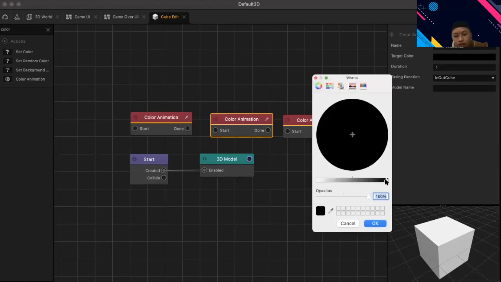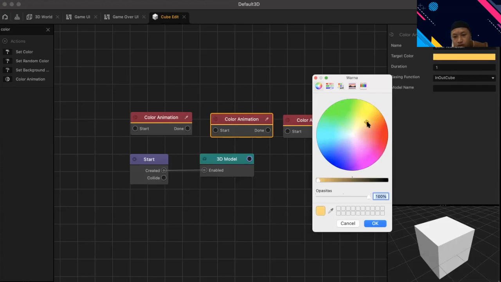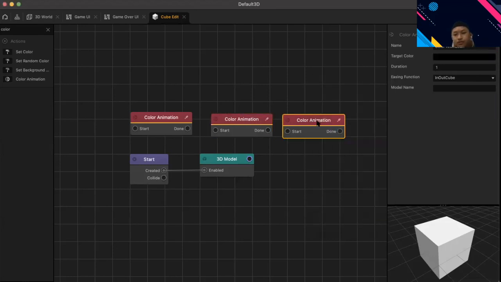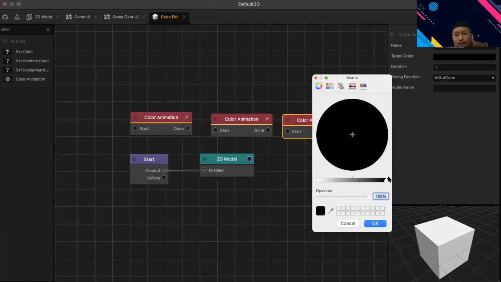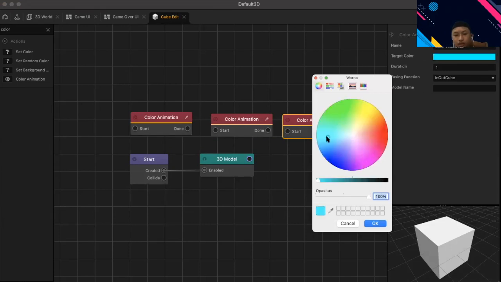Then in here I'm going to choose a light green, so light like that. And then the last is blue. I already have cyan, so we don't need it. I think red,